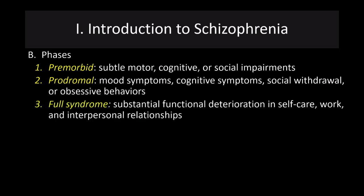Then we get into the full syndrome of schizophrenia, which has substantial functional deterioration in self-care, work, and interpersonal relationships. So we have, can't keep up on house care or even bathing, feeding, lots of difficulty in basic self-care functioning. And what's important to understand about some of the cognitive disruptions are their difficulty in remembering to do things, remembering what they've done, trying to plan for the future, plan out how to accomplish a task,